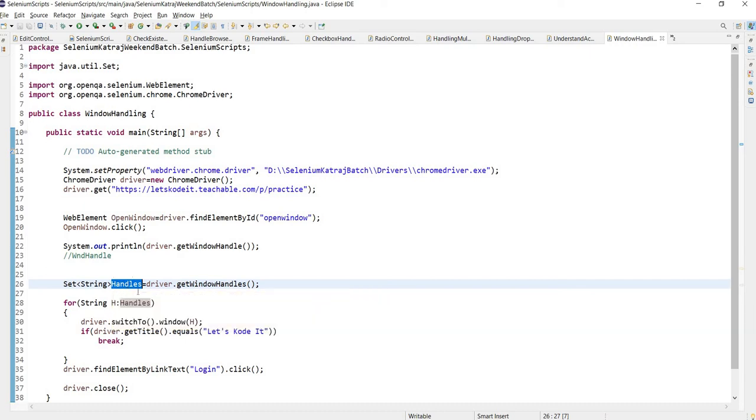So what we have to do is store all the handles in some other collection like an array or list, which will allow us to retrieve the handles as and when we require. Right now we only have the handle of our second window stored in this H, but our original window handle we didn't store anywhere, right?